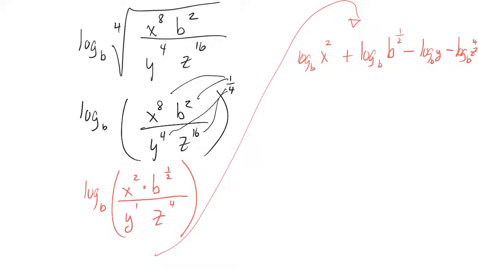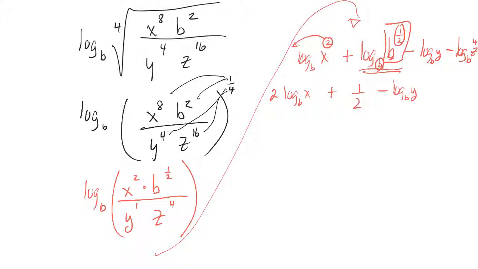And then I'm pretty good there, but you can probably simplify it a little bit more. Like I can use the power rule to take that 2 and put it out front. So I'd have 2 log base b of x. Here, this is sort of like the same base rule. If this base and this base are the same, your answer is just that top thing. So to what exponent is b raised in this expression? It's raised to the half. So this whole thing would just be 1/2 minus log base b of